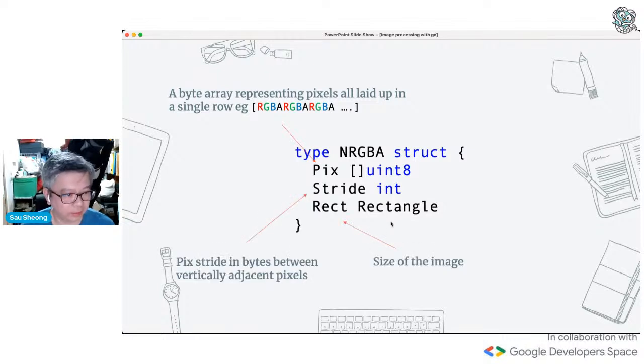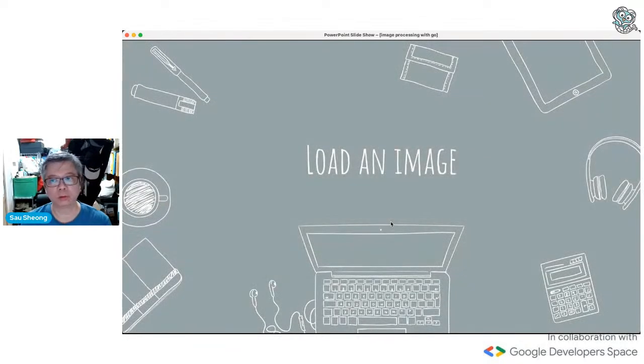Stride is the Pix stride in bytes between vertically adjacent pixels. So basically the stride between two pixels, and the Rect here represents the size of the image. Okay, so that's it. Really, that's all you need to know about the basics of the image package, and you can jump straight into doing your image processing.